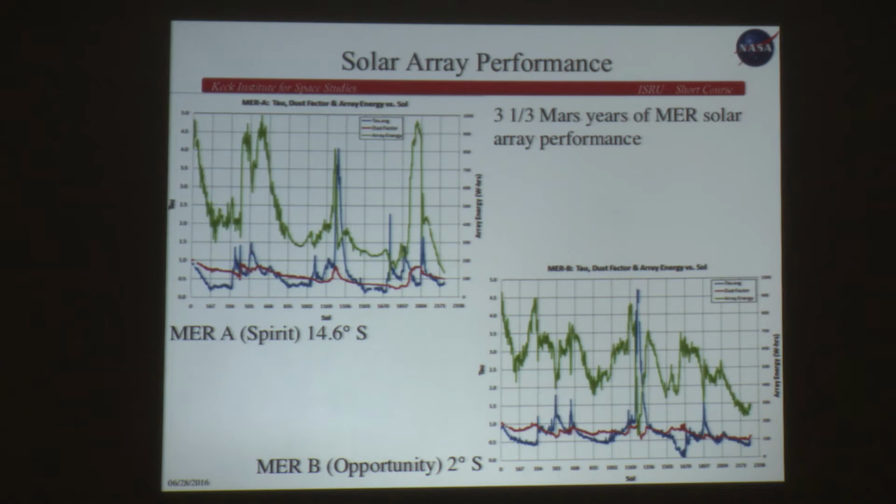So putting that all together, if you're going to do solar-powered ISRU, what is the sunlight that you've got available to you? That depends where you're at. As 2 examples, here is MER A, or Spirit, at 14 south. Here is MER B, or Opportunity, at 2 south. In green is basically the power that they were generating from their solar panels. And you can see that it varies hugely for Spirit. You've got these massive changes in it.